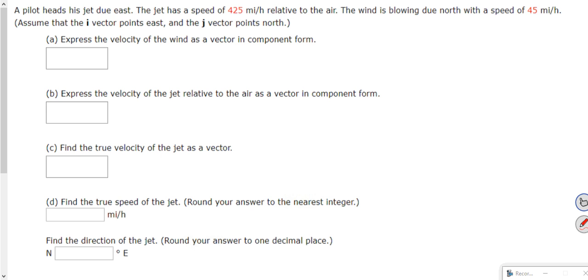Okay, a pilot heads his jet due east. The jet has a speed of 425 miles per hour relative to the air. The wind is blowing due north with a speed of 45 miles per hour. Assume that the I vector points east and the J vector points north. So express the velocity of the wind as a vector in component form. Now, first of all, over here, we've got jet. If it's going due east, that is,